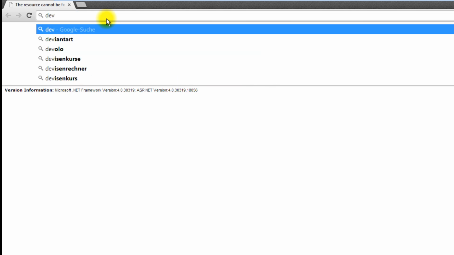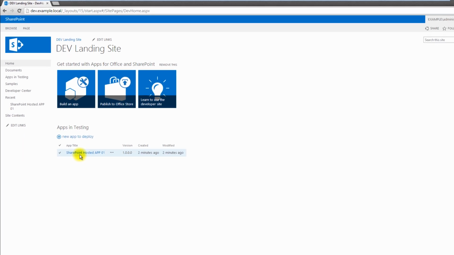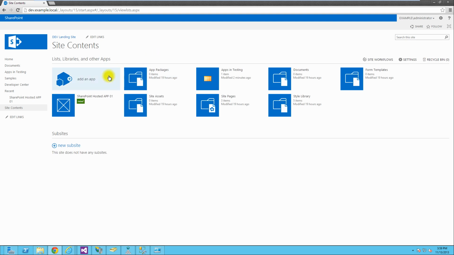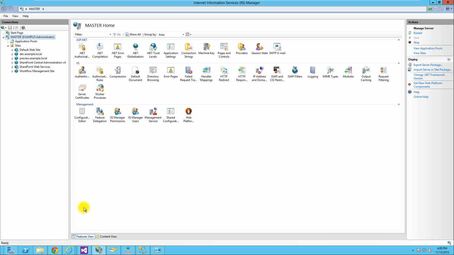When we go to our normal dev.example.local website, we can see that the app itself is deployed successfully. A click on this app will then bring us to the error message. So it's calling the app web. The solution is inside IIS. And if we go to IIS and have a look at